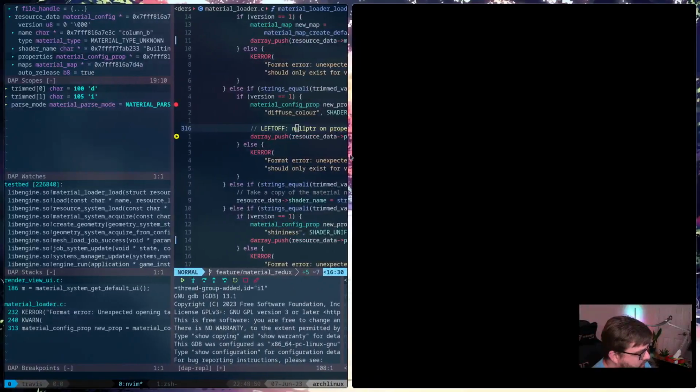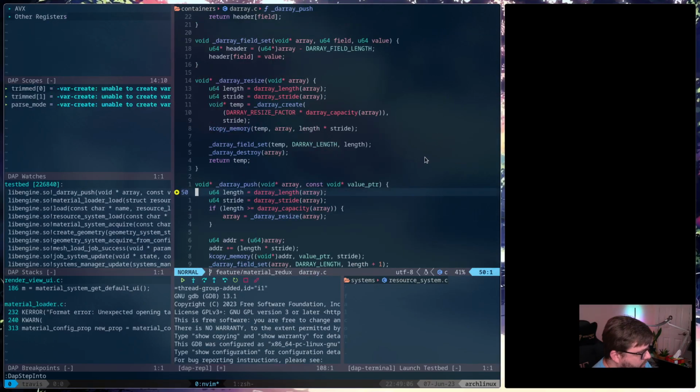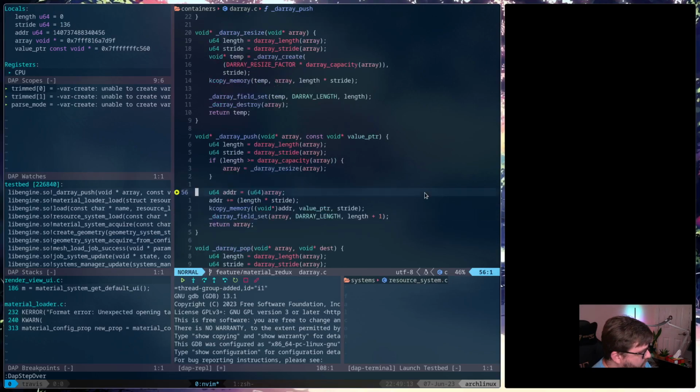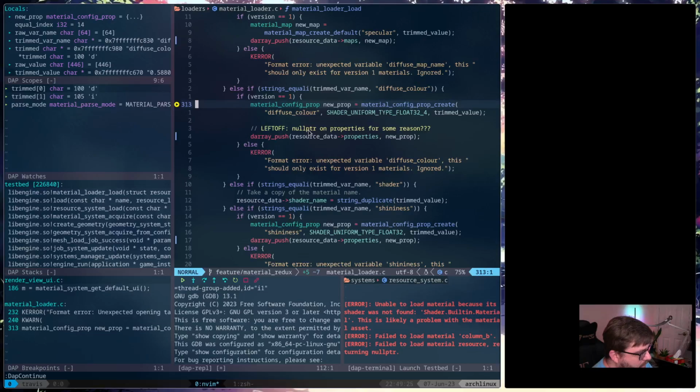Oops, move this over a little bit. Okay, so it looks like the first time we look at it, it's correct. Okay. So this probably has something to do with it.